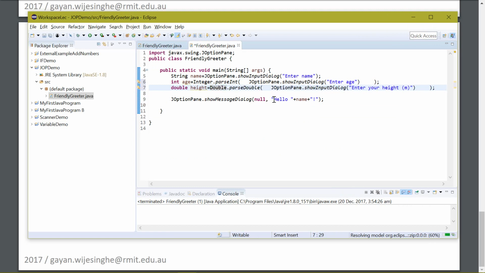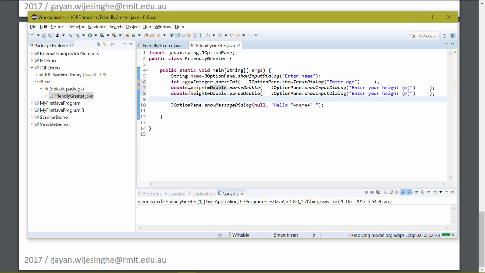So Double.parseDouble, and these were shown in the lecture slides. And the weight is not too different from height, it is a double. So we just say weight here instead, and kilograms. And then finally